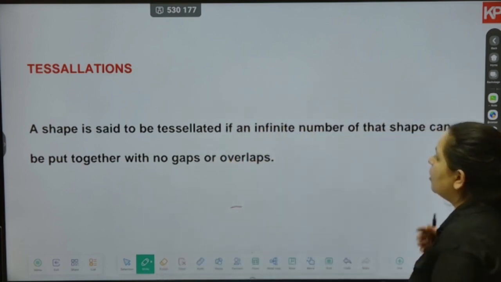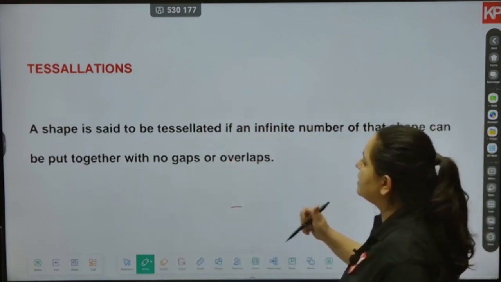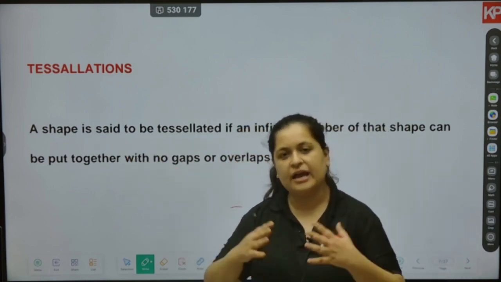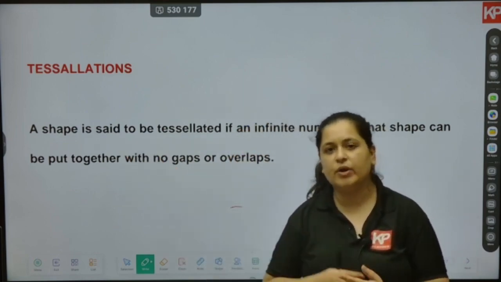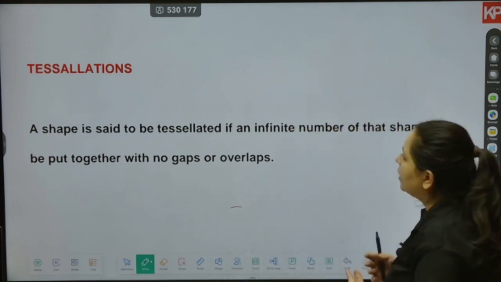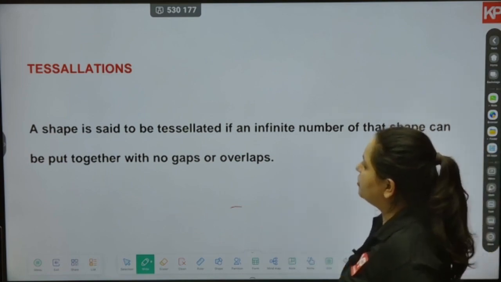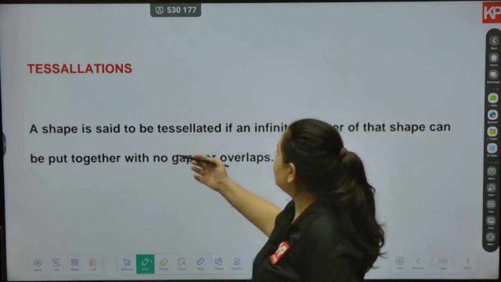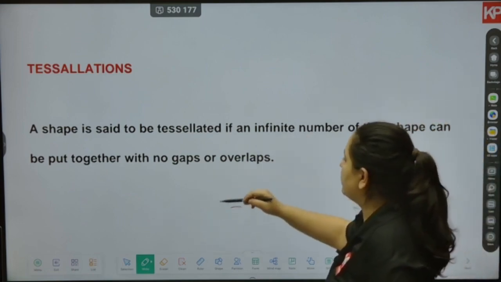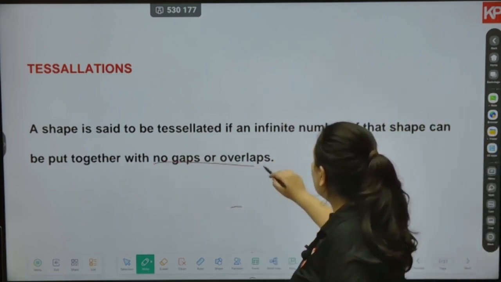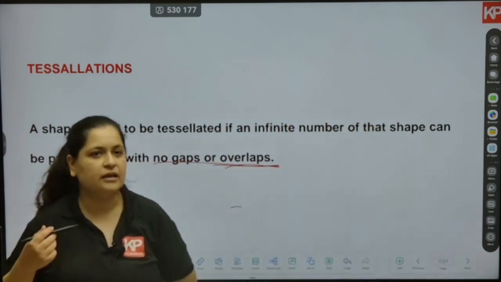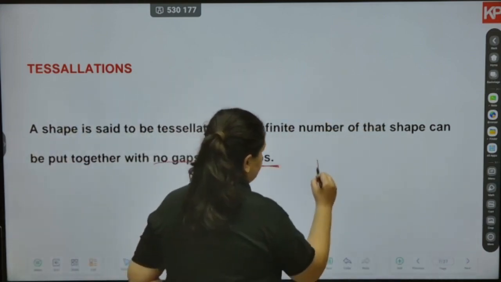Let's understand what tessellation is. Let's start with tessellation, go into the detail of it and try and solve a few questions based on that. Starting with the definition of tessellation: a shape is said to be tessellated if an infinite number of that shape can be put together with no gaps or no overlaps. For example, if I am tessellating a square,